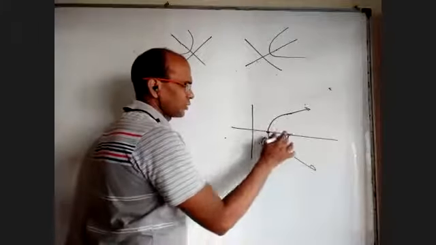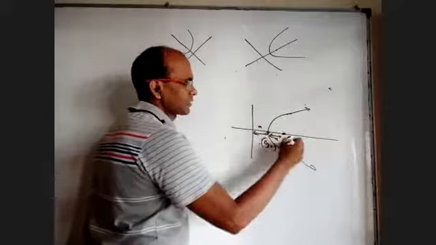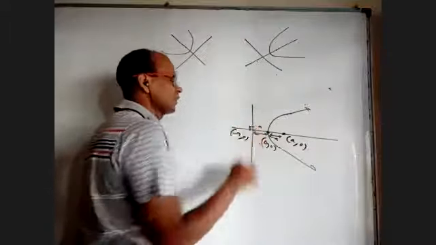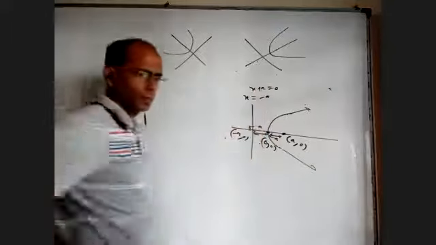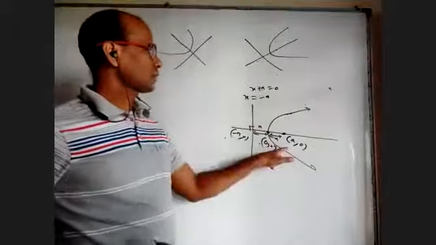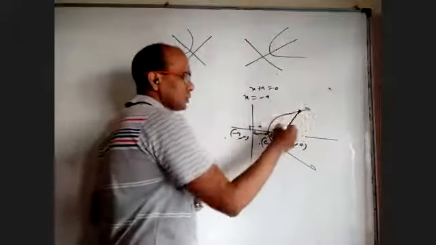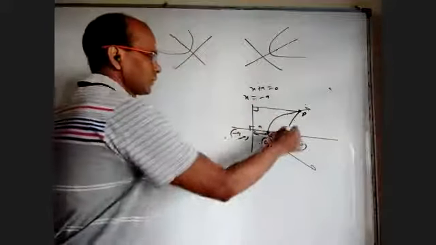If I assume from here to here distance is a, this is also a, obviously this is on the right side, so it is (a, 0), this is (minus a, 0), this is a vertical line, its equation is x equal to minus a or x plus a equal to 0. So I know focus, I know directrix, and I want to find parabola. So take any point on this, find distance to focus and distance to directrix and equate them.